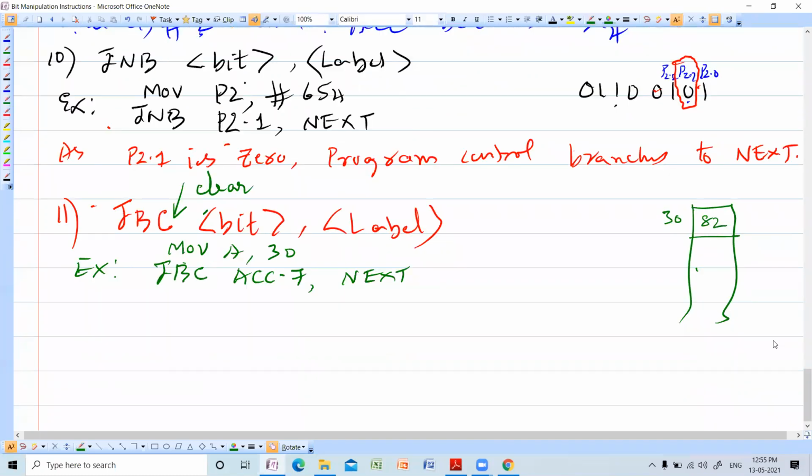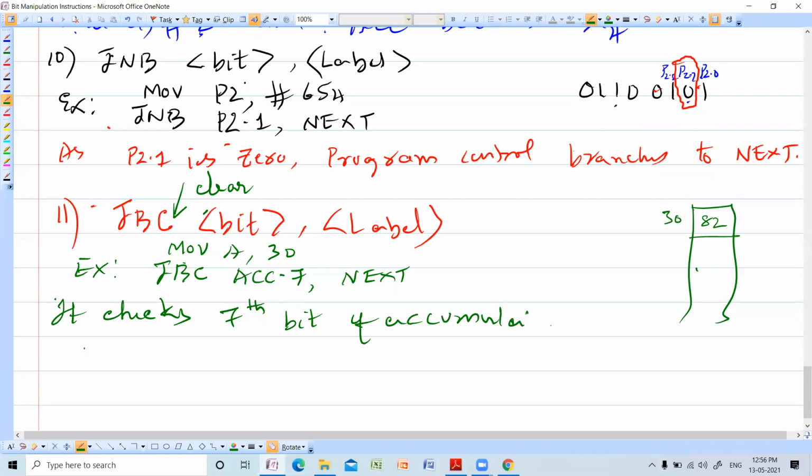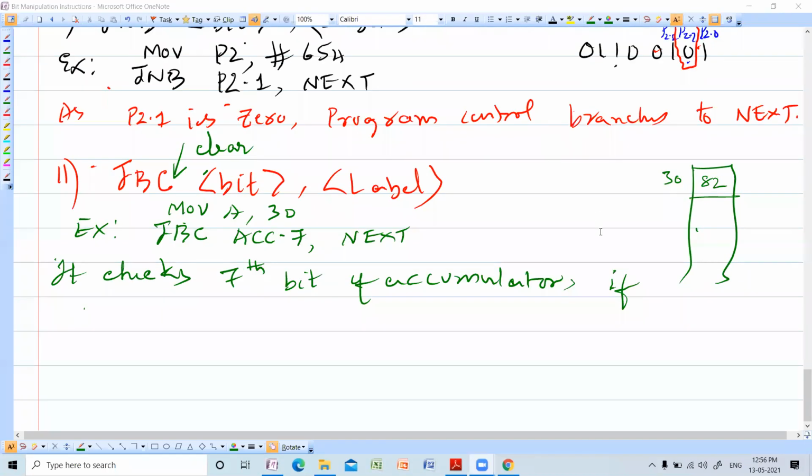So what does it do? It checks the 7th bit of accumulator. If it is 1,